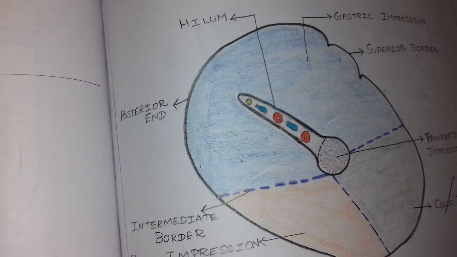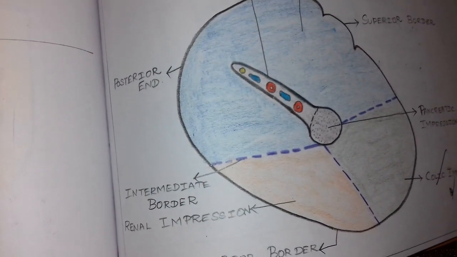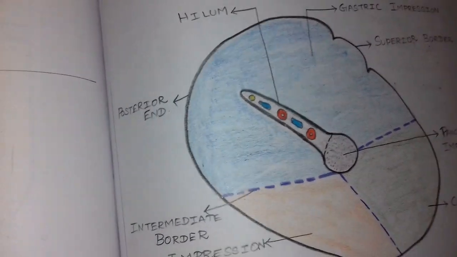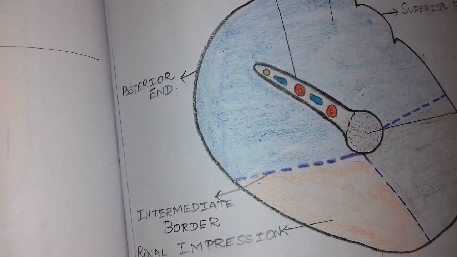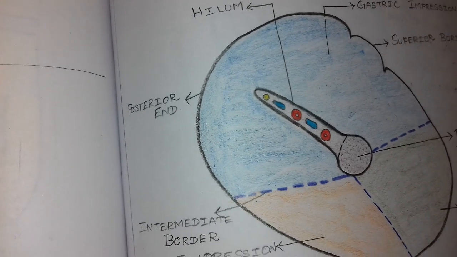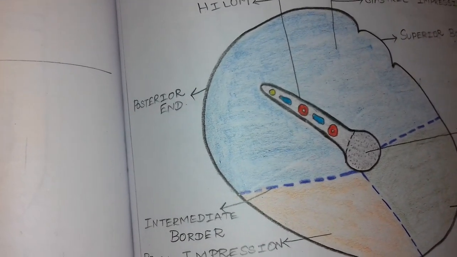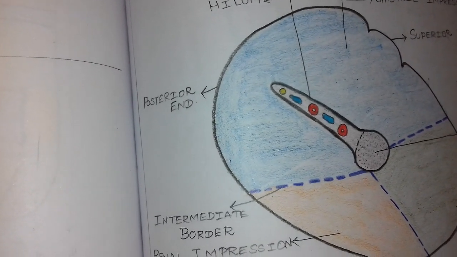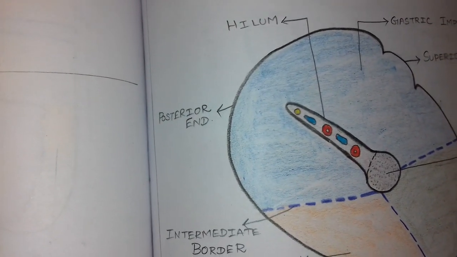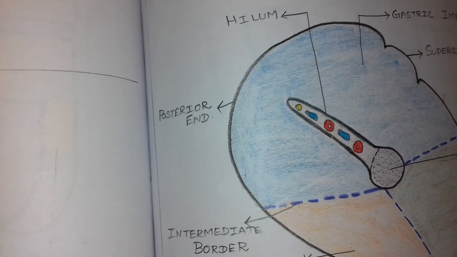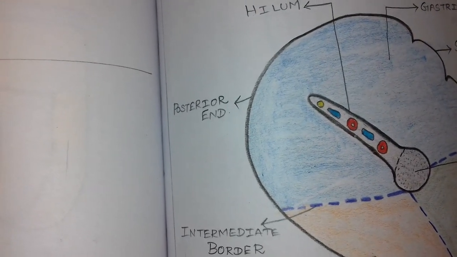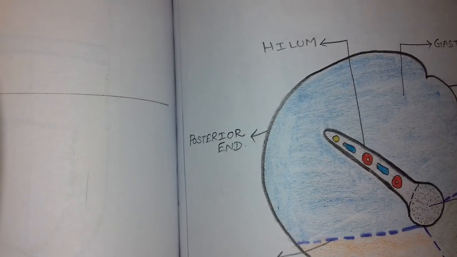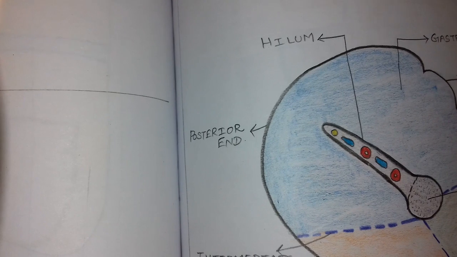The venous drainage of the spleen is by the splenic vein. The splenic vein is formed at the hilum of the spleen. The splenic vein drains to the superior mesenteric vein, which finally drains to the portal vein. Lymphatic drainage of the spleen: there are no proper lymphatics for the spleen. Only a few lymphatics drain to pancreatico-splenic lymph nodes.